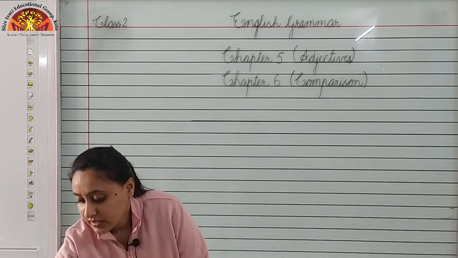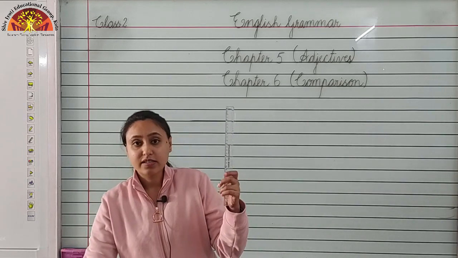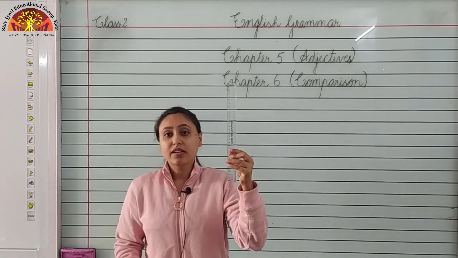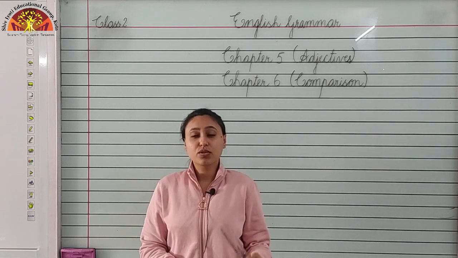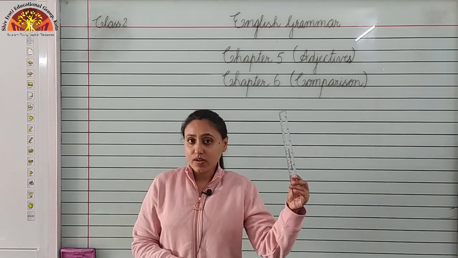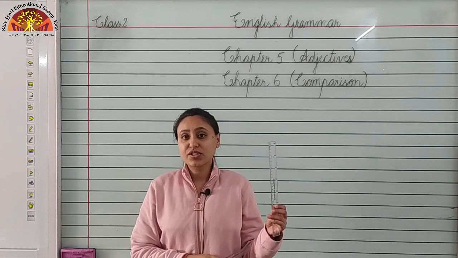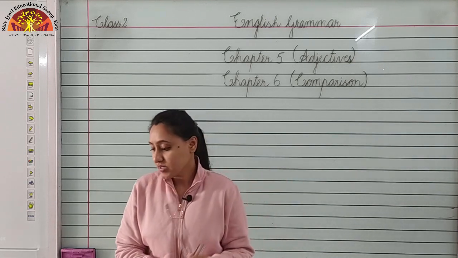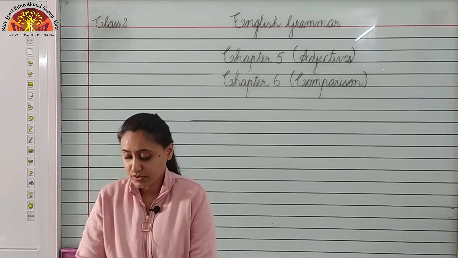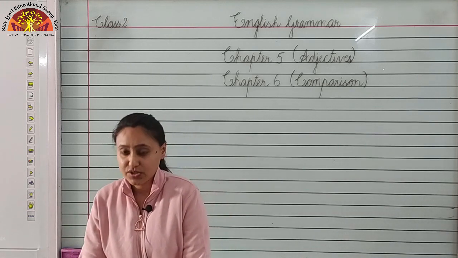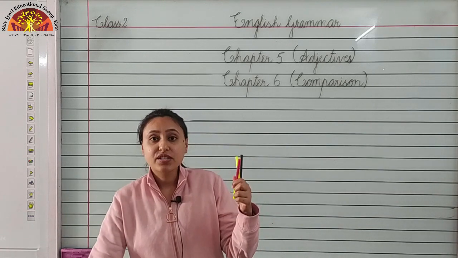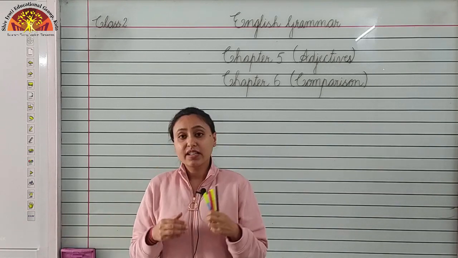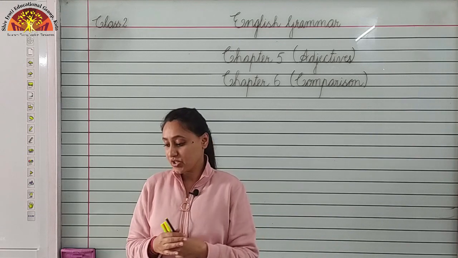So here this is a scale, this is long, okay? Now this is also a scale, but this is short, okay? So here the adjectives are long scale, short scale. So the adjective is long, short. There are different colors also, which describe nouns, okay? Black, yellow, red, blue, okay? So colors also describe nouns.